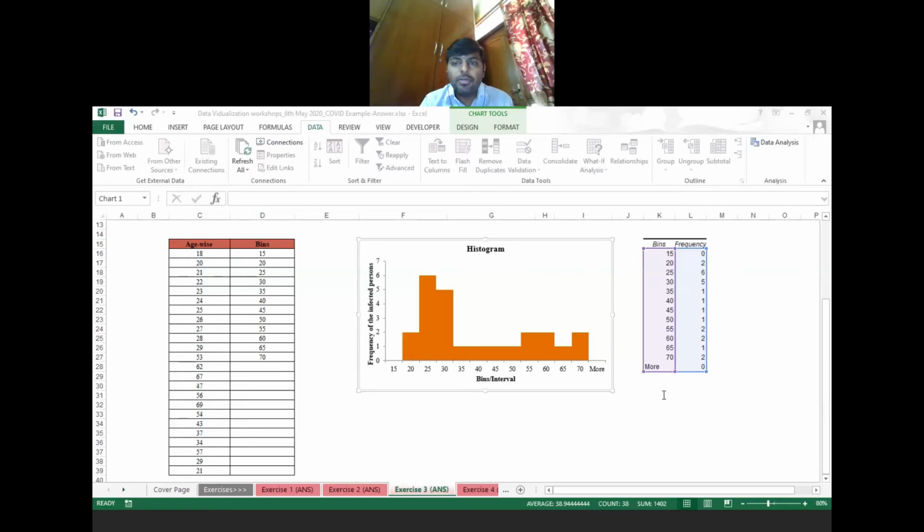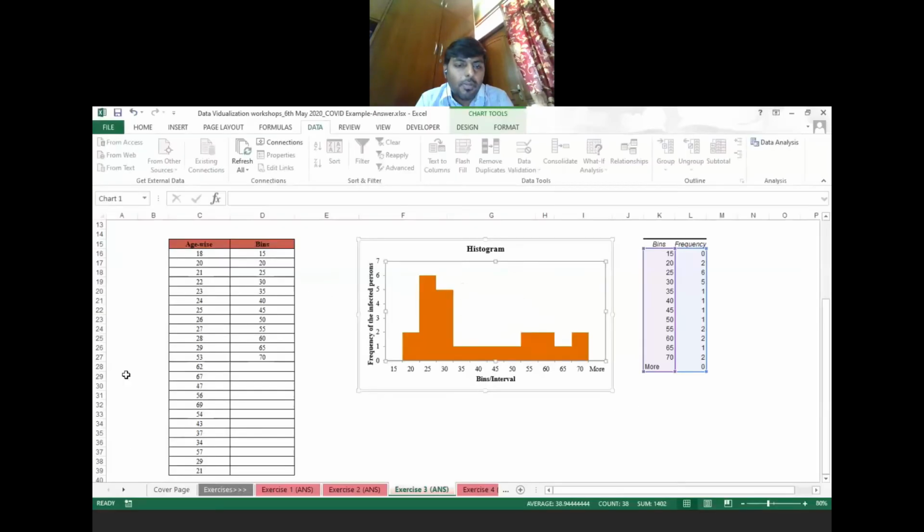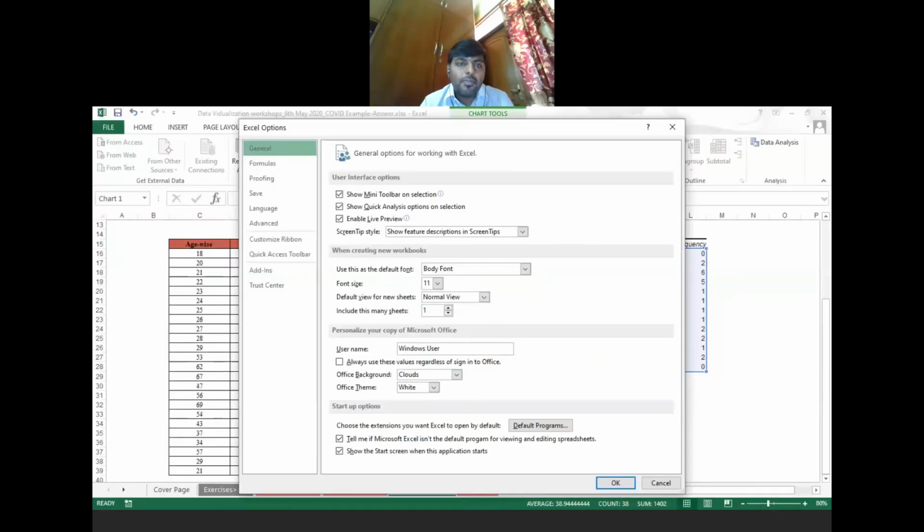People are asking to go slow. I'll show you. First, click on the File option. Then go to the last option, that is Options. After clicking this, you'll get a window like this.